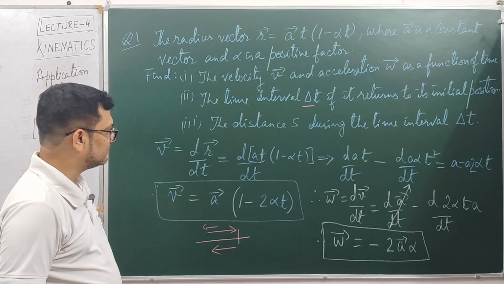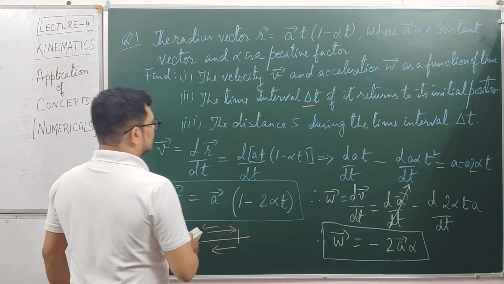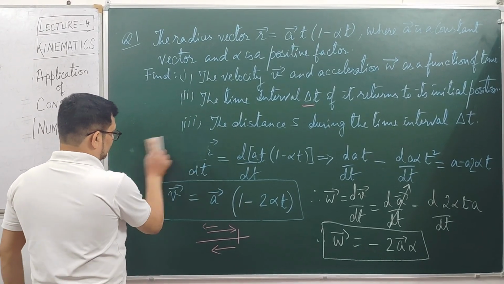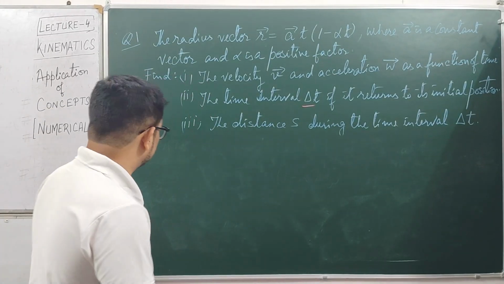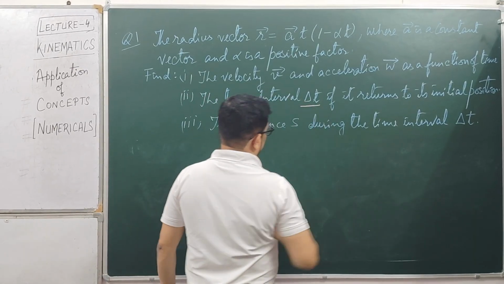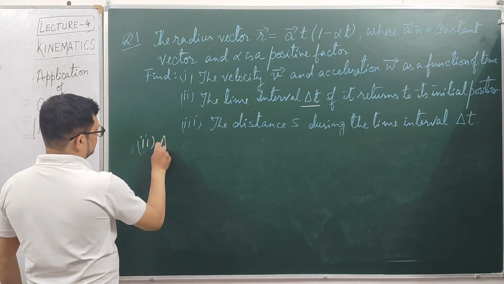So just keep that in mind, and then we'll move on to understand how we get this delta t with the notations that we have taken. Well, so let me rub this part of it. In the second part of the question, it says that we need to find what is the time interval delta t. So according to the question, we can write here,